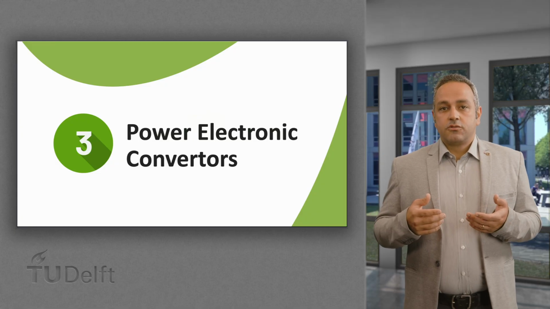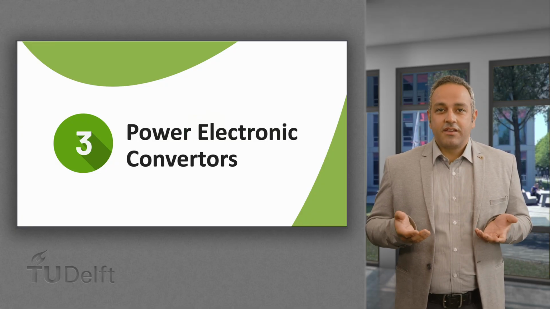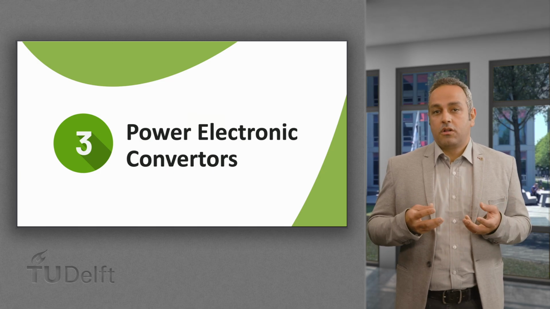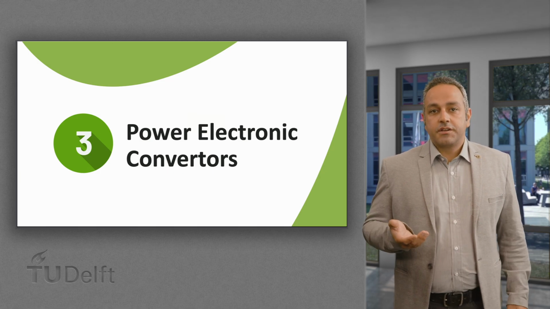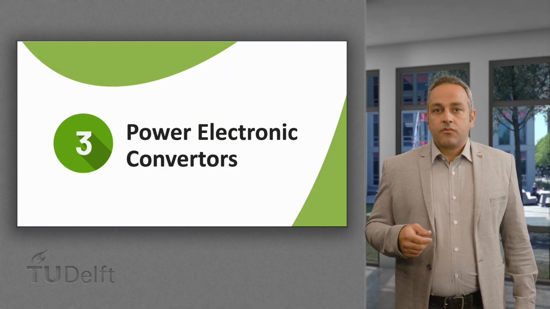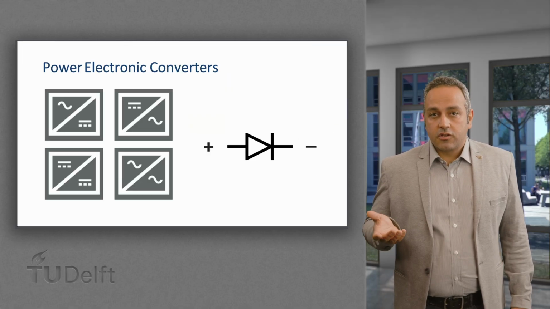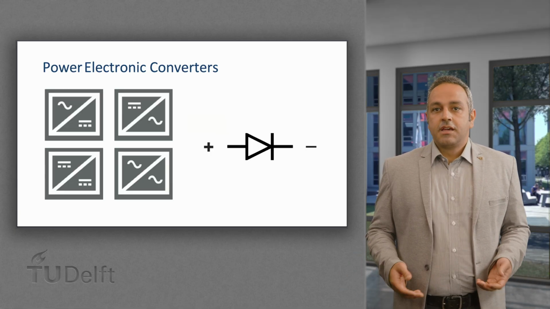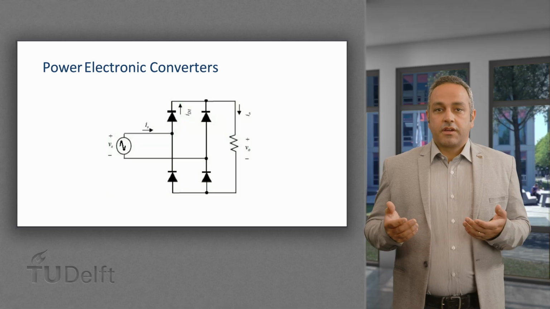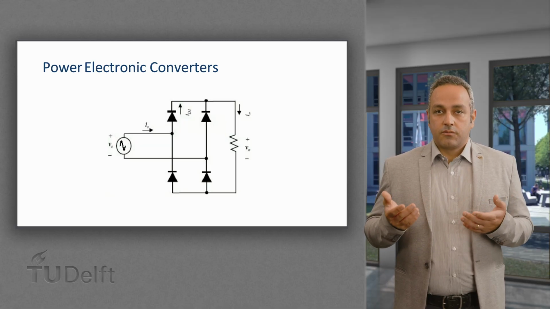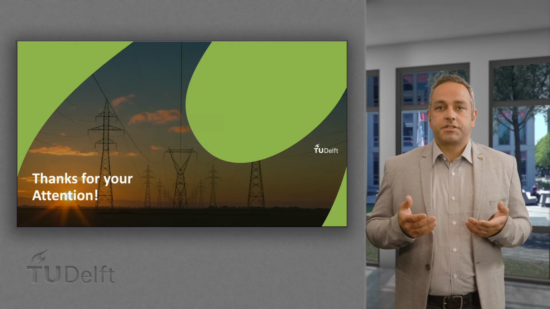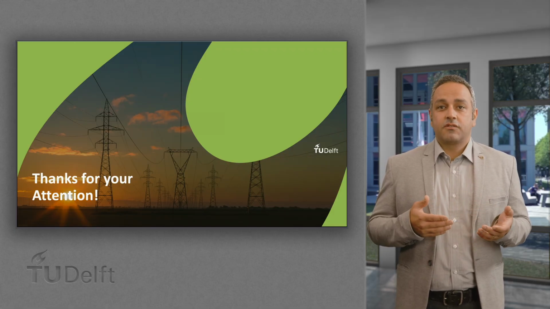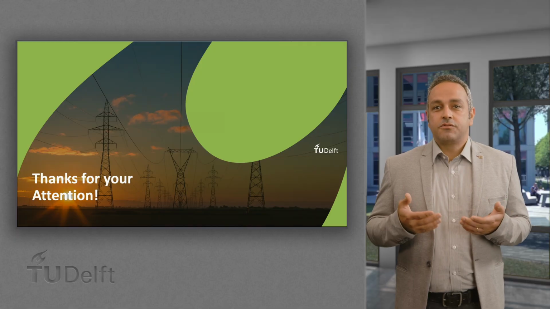We are getting closer to the end of our lecture. Today, we covered basic concepts that are necessary to understand the role of power electronics for the integration of renewable sources. We started by classifying the different types of power converters and by understanding how a diode works. Then we discussed the operation of a rectifier using a simple circuit topology. In part 2 of this lecture, you will be able to determine which power converter is necessary to connect a photovoltaic panel to the AC distribution grid.